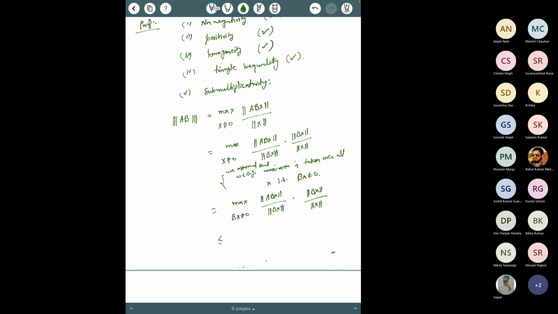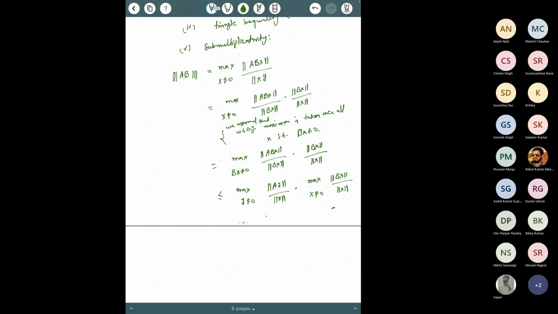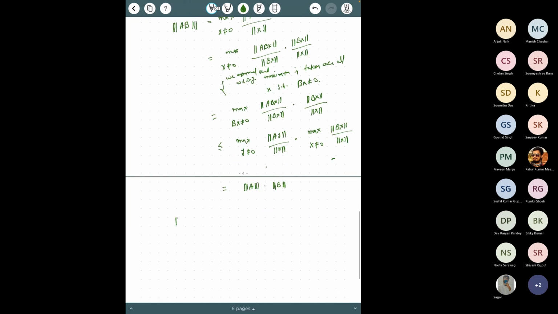This is less than or equal to, you can write y for Bx, so it would be y not equal to 0, norm of Ay divided by norm of y, and here also you can write the following. But then what is the first term? The first term is nothing but the value of A under this function, and similarly the second term is the value of B under this function. So this function also satisfies submultiplicativity, and therefore this is a matrix norm,